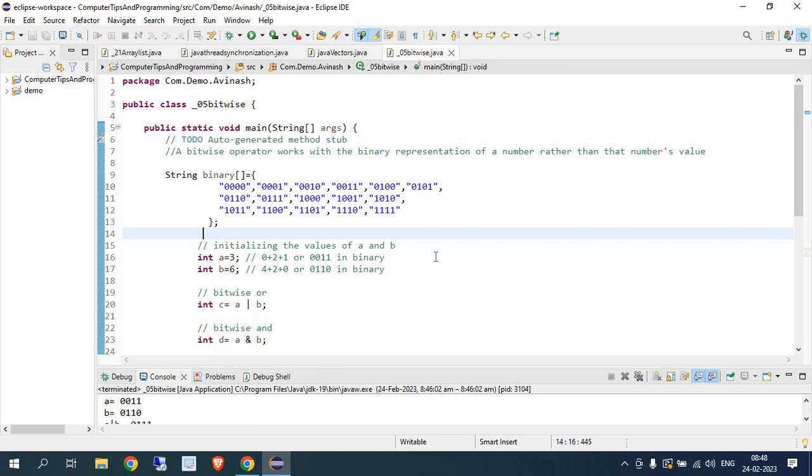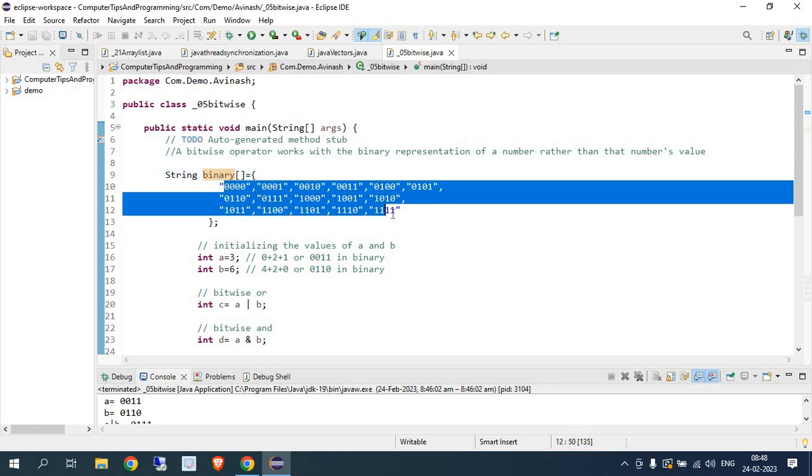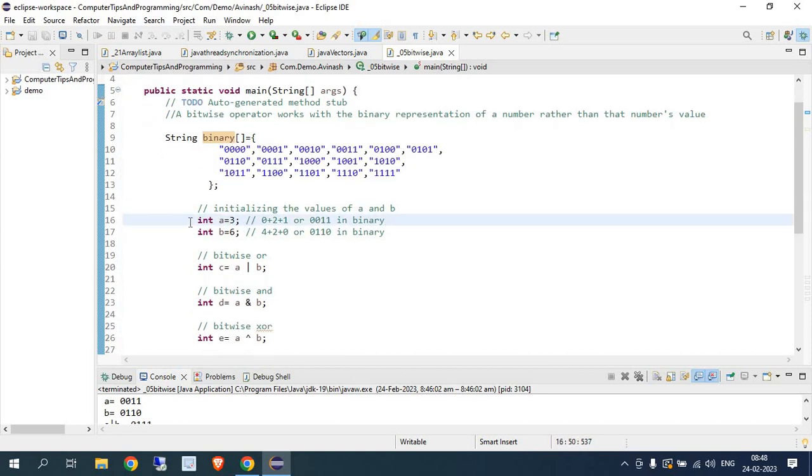Now let's understand, and here you can see I have created one binary array and in this I have passed some values. Literally no one remembers these things, so you also need not worry about what these values are. Now I have defined integer a equal to 3 and b equal to 6. You can see here, 3 can be written as 0 plus 2 plus 1, which is equal to 3, and we can write this in binary as 0011. Same for b equal to 6: the value is 6, so we can write 4 plus 2 plus 0,